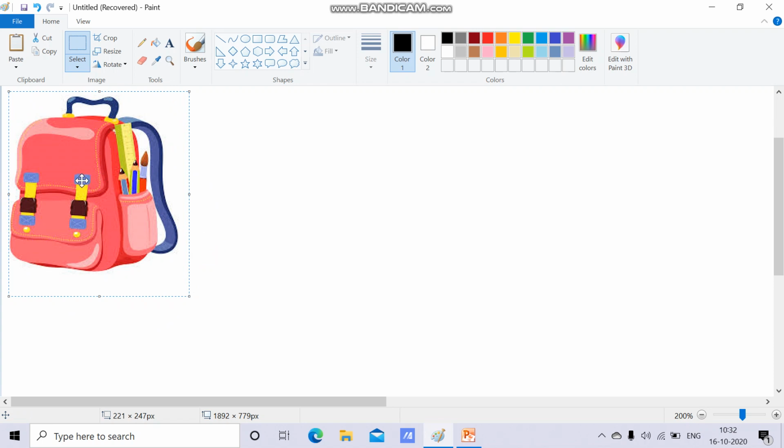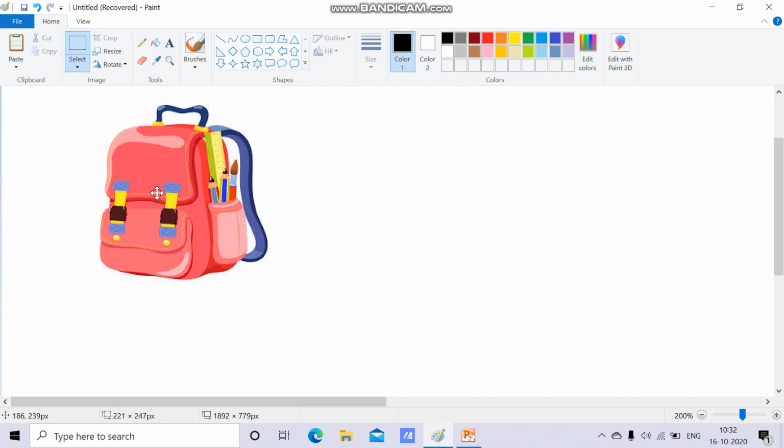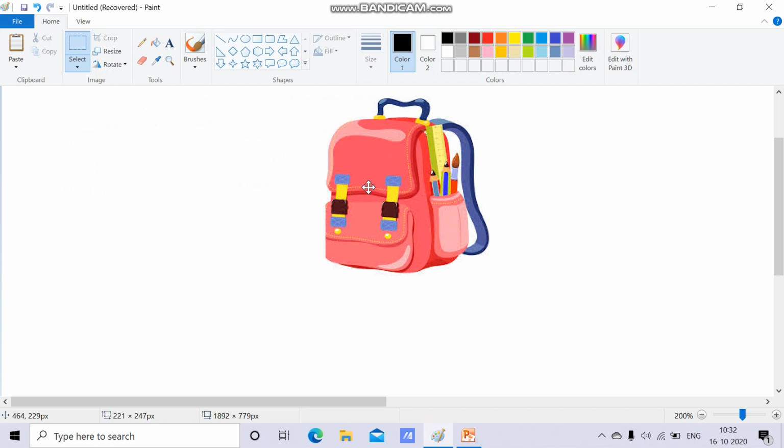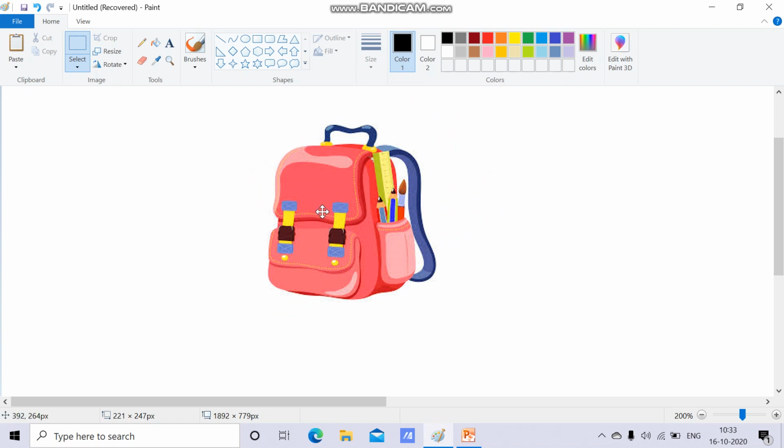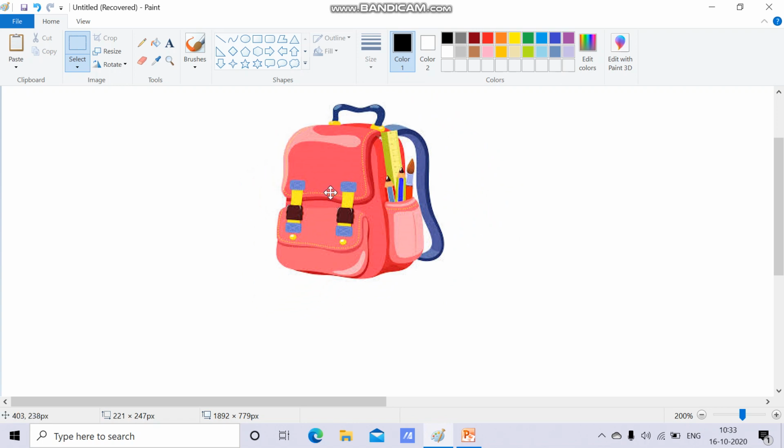Now I want to move it in the middle. मैं यहाँ पे इसका कर्सर, अपने माउस का कर्सर रखूंगी, माउस प्रेस करूंगी and I will move my mouse to the desired place. मुझे यहाँ रखना है, मैंने यहाँ इसको लाया and then now I will leave the mouse. See, I have moved the image of the bag from the corner in the middle. Okay, so most important thing is selection of the image. You have to put your cursor here and you have to move it diagonally, tircha. Then you will be able to select the image.